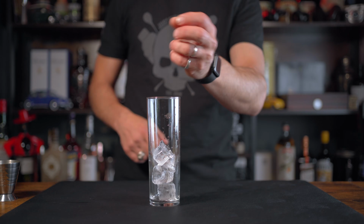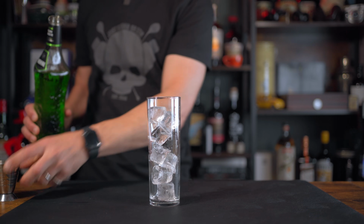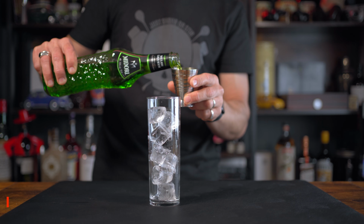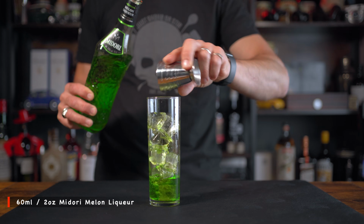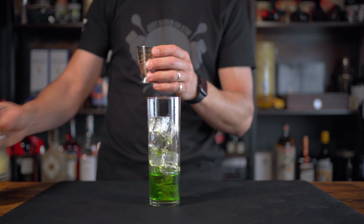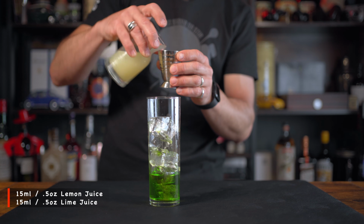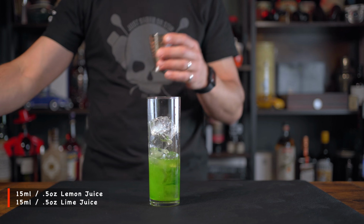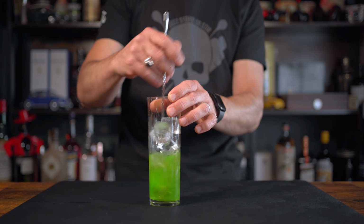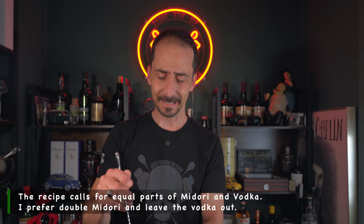So back in the 80s, the Midori Sour was served in the Collins glass, and it was really popular because obviously it was a built cocktail, really easy to drink, and this electric green color kind of fit with the era. Split base of the lemon juice and the lime juice. So you have both of them work really well, like a half an ounce, but I'm finding it a little bit strange. And why? Because I've made this cocktail plenty of times, and to be honest, it's a bit too